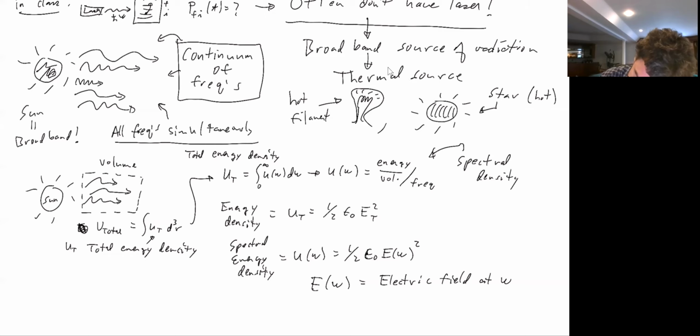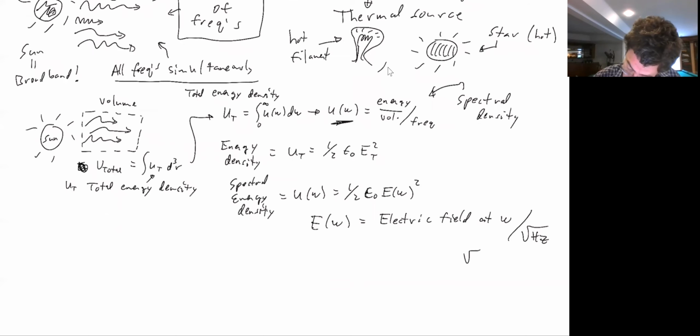But it's divided by frequency, it's divided by root hertz. Because you can see that U of omega is energy density per frequency, and so E of omega is electric field per square root of frequency, root hertz. That's a little bit weird the first time you see it, but that's how people talk. We talk about square root hertz. And so then we can see that E of omega, from this expression,